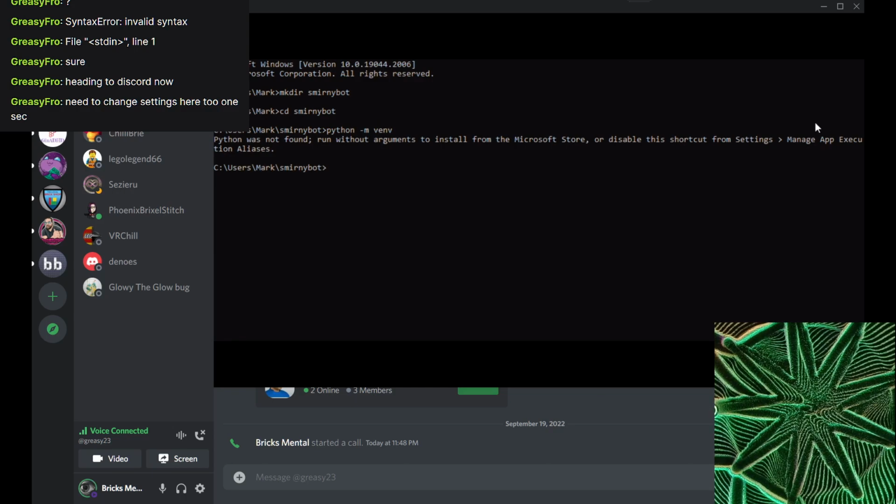I think it might be in the scripts directory. No, you can just paste the complete path to the interpreter. Yep, that might be it.